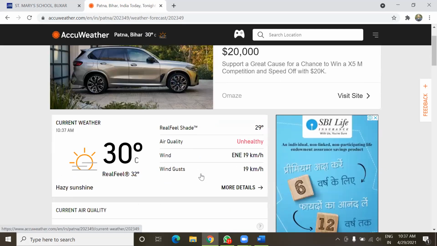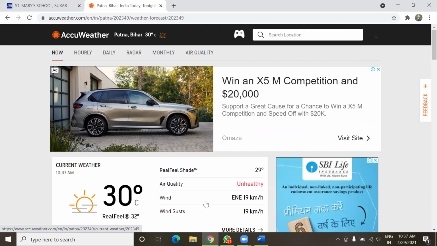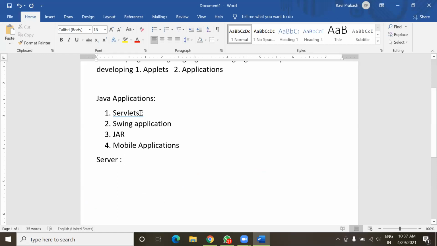Okay. So this is called server and client. So internet actually works on this mechanism of client and server. Client only puts the request to the server, and server provides the information related to the request made by the client. Okay, so Java servlets applications are designed for servers, and these applications' responsibility is to generate web pages for the clients.